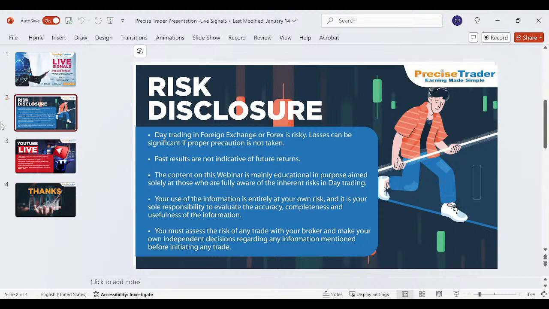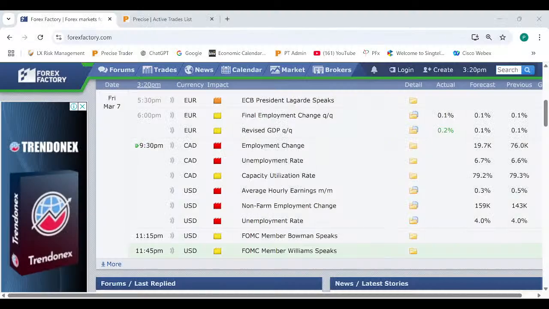Okay, today, just do take note that the key data that is going to be out tonight is Canadian employment change, which is forecast is 19.7 and